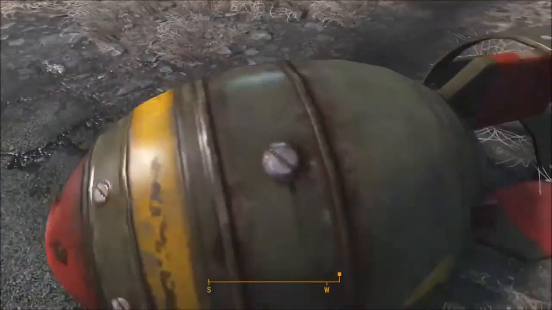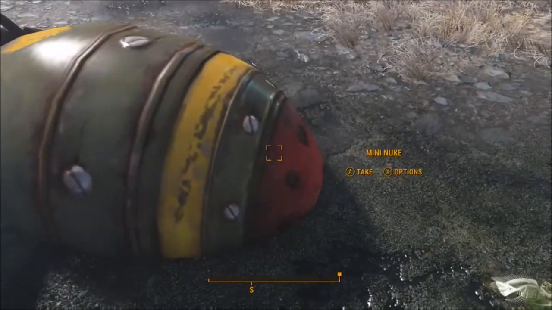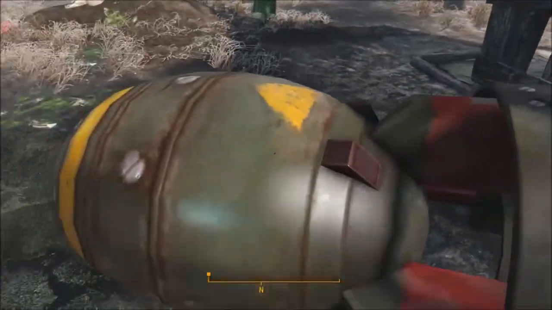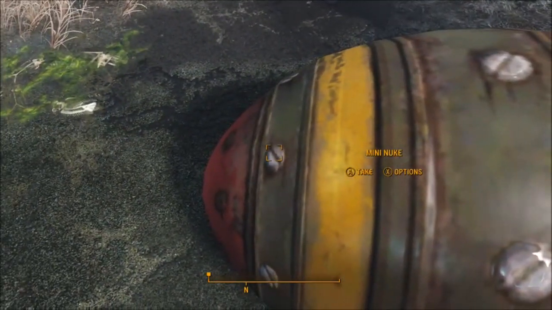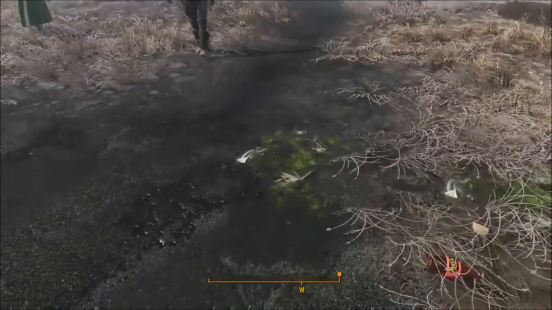Oh yeah, one last thing. If I run against it, as you can see, it turns around. You can change the physics to make it static. So once it's static, you can run against it and it won't move again. You cannot take it anymore by holding the A button. So if I pressed A, it would go in my inventory. But you can still move it